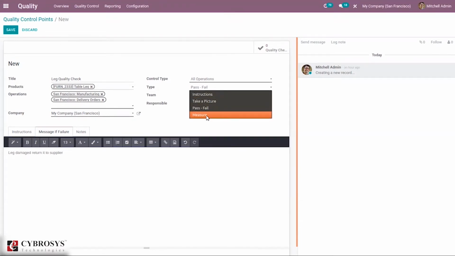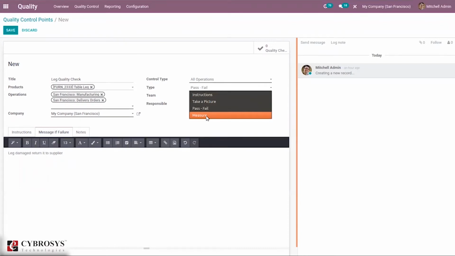In case of measure, we have to enter a product's measurement during the transfer or manufacturing process. So in case of manufacturing, we have to enter the product's measurement. All the products with good measures are automatically accepted.